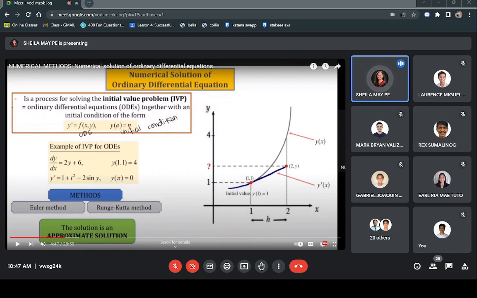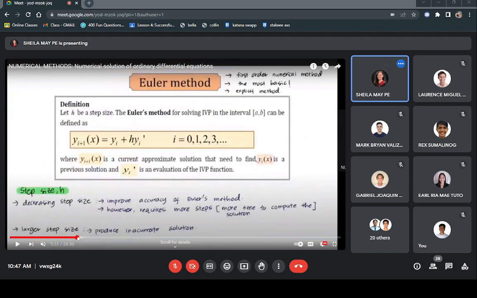Okay. For the methods, class, I will explain that more later, okay? For the methods, we have the Euler and the Runge-Kutta method. And the solution here, class, what we get is still approximate values. So, to have an example,